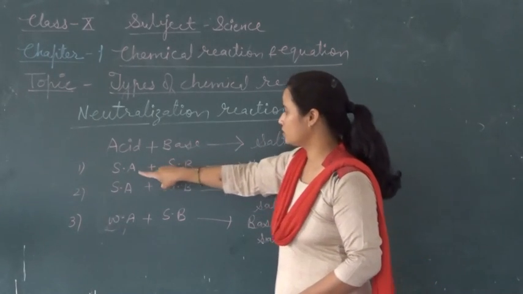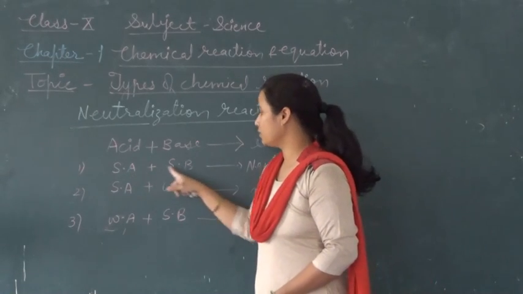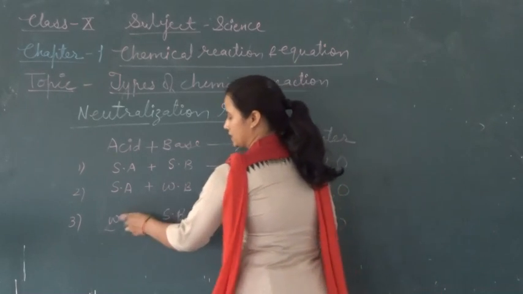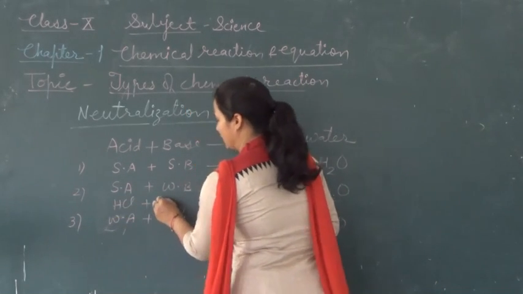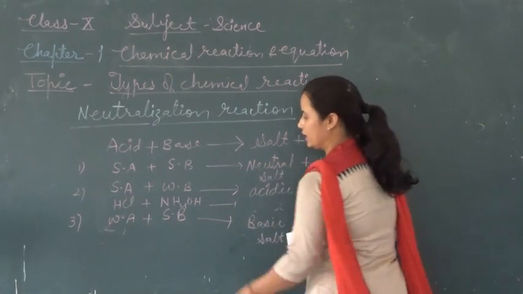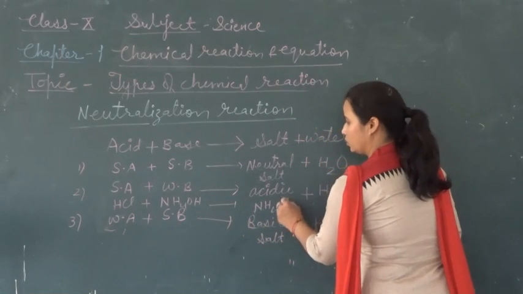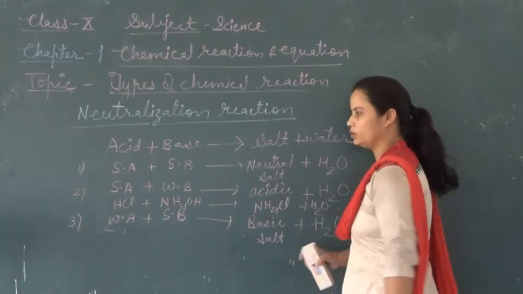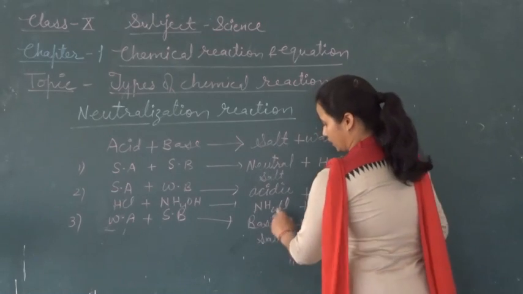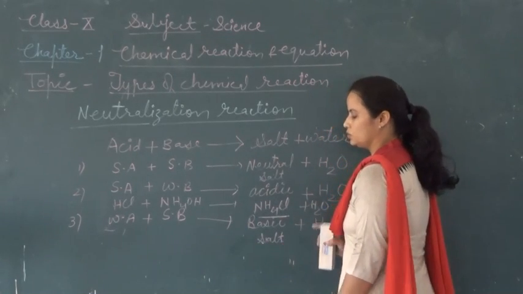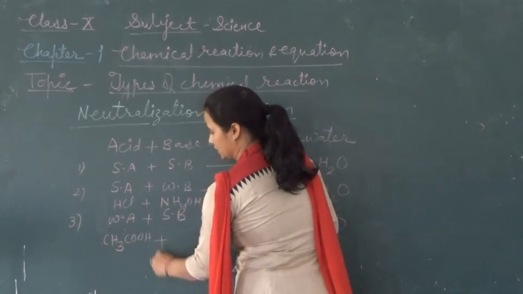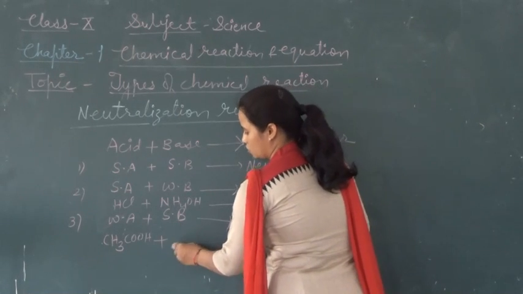I told you the example of the strong acid and strong base: HCl plus NaOH gives NaCl plus H2O. NaCl is a neutral salt. Strong acid HCl, weak base NH4OH. The acidic salt is NH4Cl, that is ammonium chloride, and it forms water, H2O. Weak acid, acetic acid, CH3COOH is called acetic acid. Weak acid, the strong base is Na